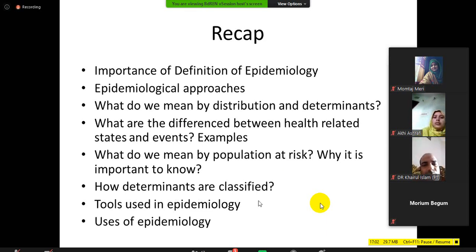Okay, then determinants. The determinants are also classified like biological determinants, then socio-economic determinants, and then environmental determinants, and then lifestyle or behavioral determinants, and also access to healthcare services. So this is how determinants are classified. And now let us talk about the tools in epidemiology. We use three different types of tools: one is ratio, another is proportion, and third one is rates. The ratio means